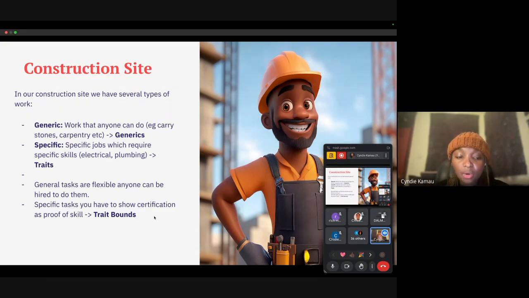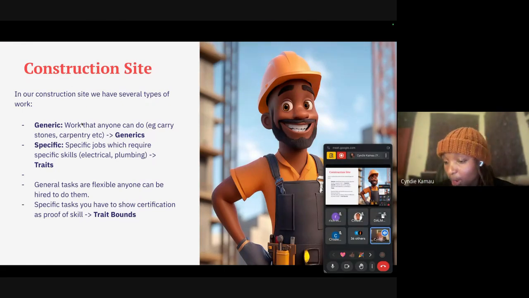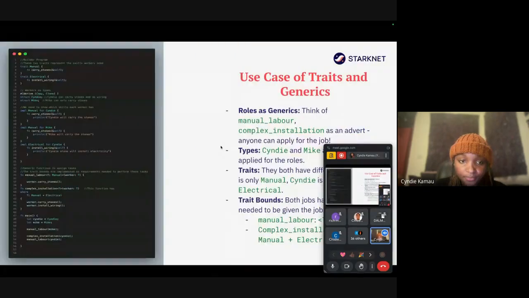Trait bounds are those specific tasks, and you have to show certification that you have them. When we connect back to our code, you see the standard ops, add assign, and the copy trait, which we had to implement. Those are the trait bounds. You're binding the specific specifications you need for your generic to work.